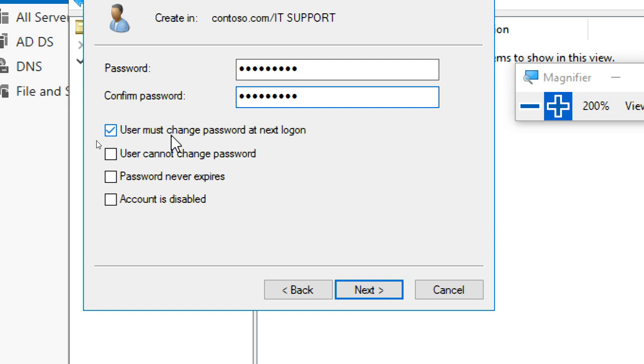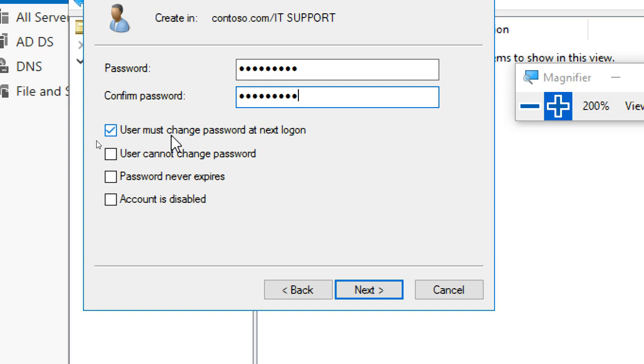For example, Somil joined today in a company, and they gave an account, somil@company.com or maybe cognizant.com, and they give a dummy password.